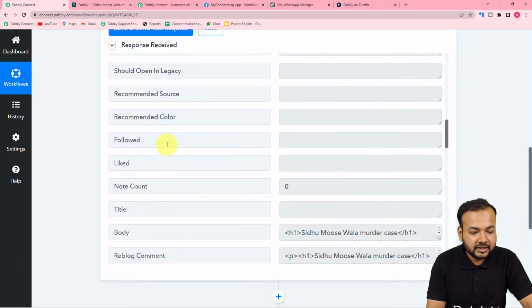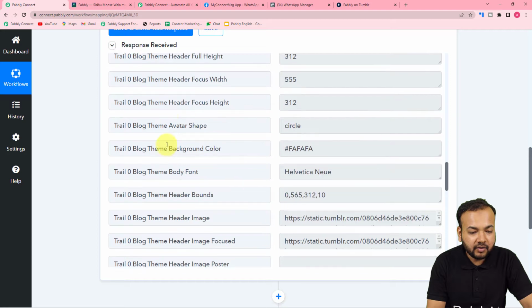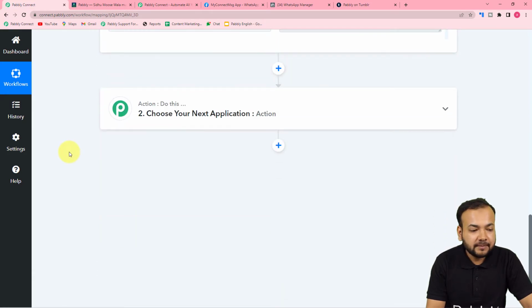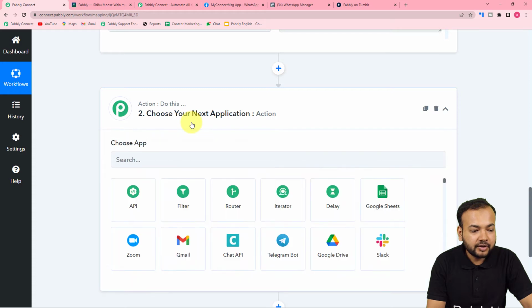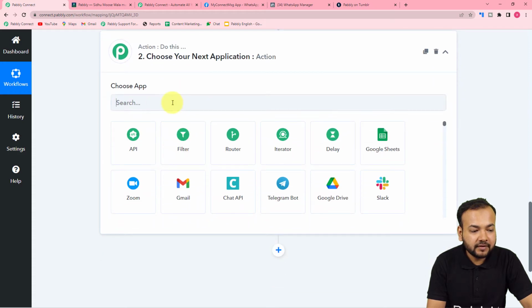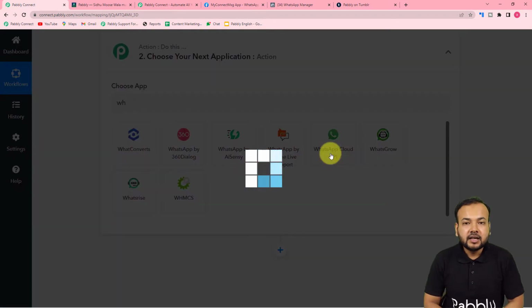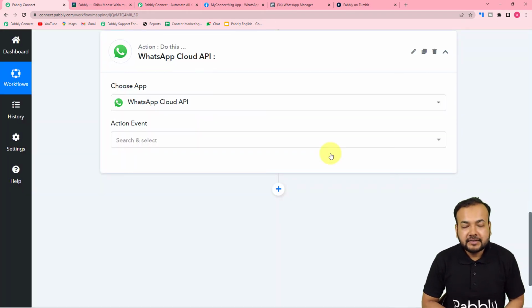So this is the test data we have received. Now I want to send this blog as a message on WhatsApp. So for that we are going to use this actions tab, and from this choose app field you have to search for WhatsApp's Cloud API. So guys, WhatsApp Cloud API is the recently launched platform by Facebook to empower businesses and